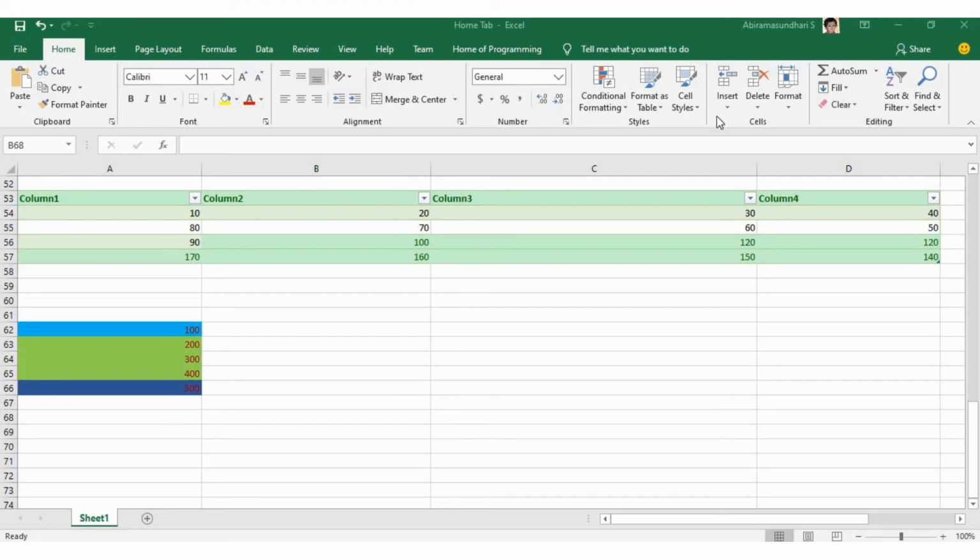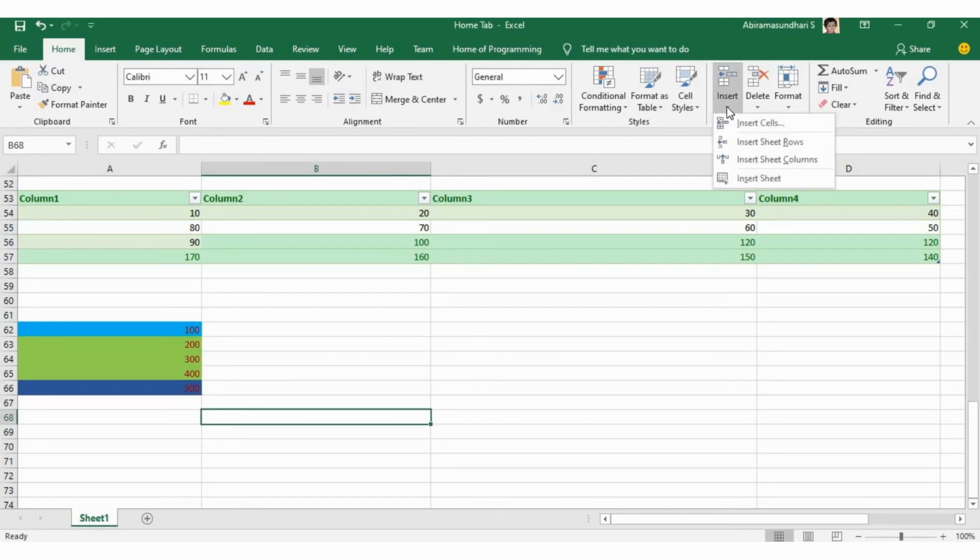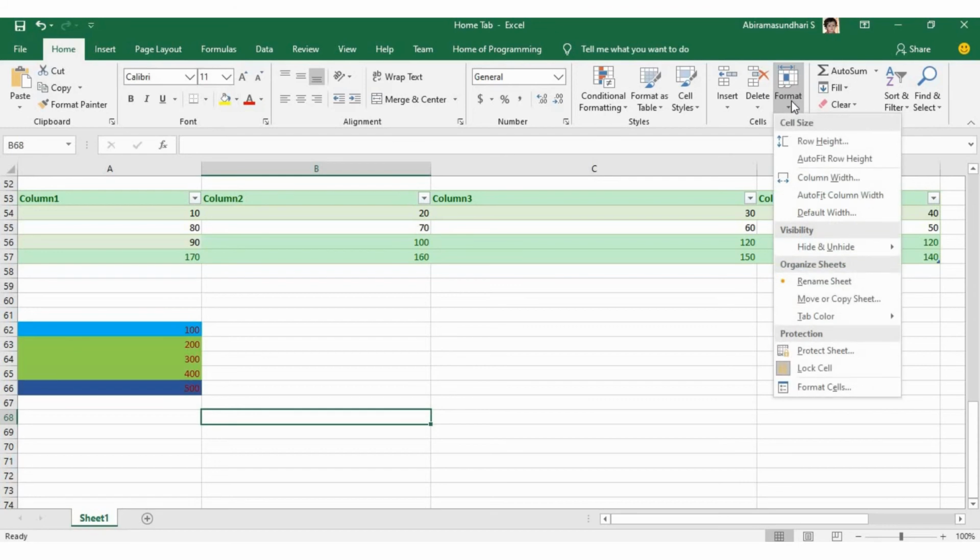So after that we have the cells group, right? The cells group provides you the options to insert and delete the cells, sheets, rows and columns, right? So if you want to delete it, you can delete it, right? After that there is one option called format inside your cells group, which allows you to change the height and width of your row and column, and similarly you can rename the sheets, or you can move or copy your sheets, right?